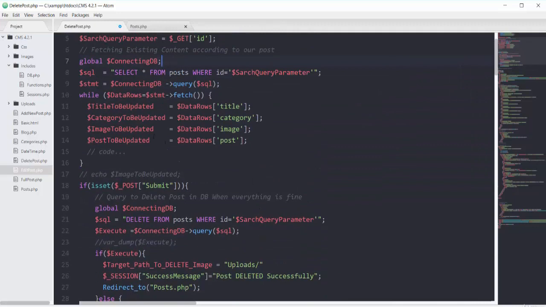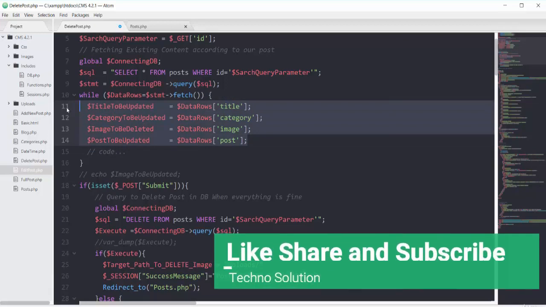So we have this image on line 13, image to be updated. Let's rename all of these variables to deleted so that you can read this code later easily without confusing yourself.